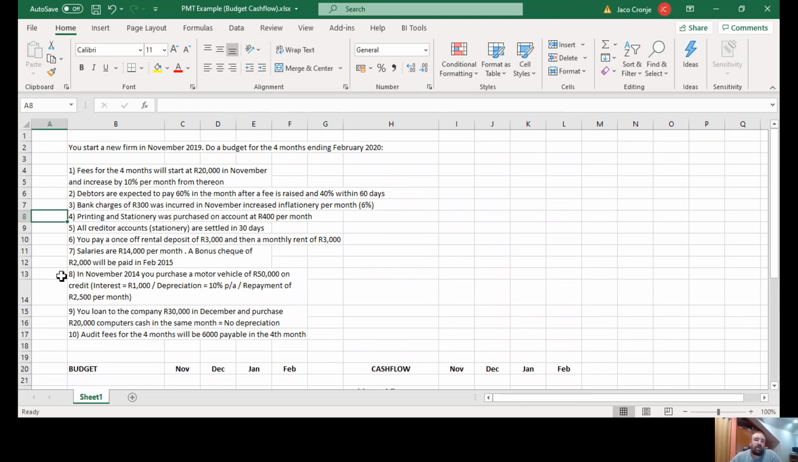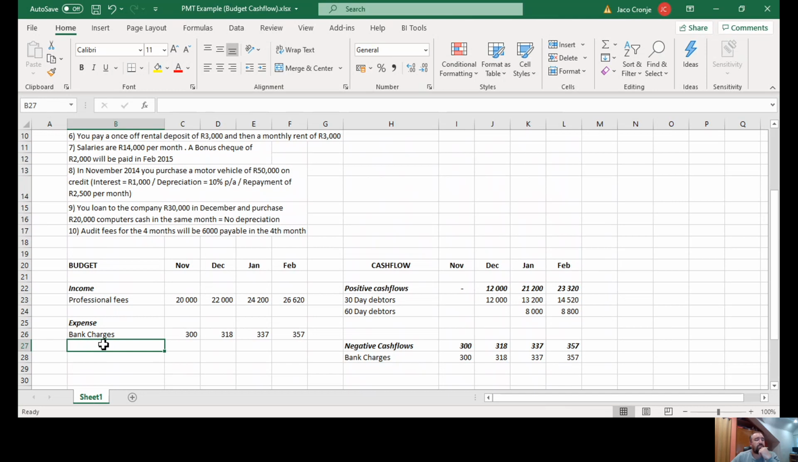Now let's move on to line number 4. It says printing and stationery, which was purchased on account at 400 Rand per month. So let's first think, is that budget, cash flow, both, or none? So if printing and stationery is purchased on account at 400 Rand per month, then